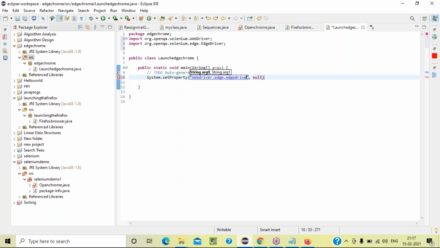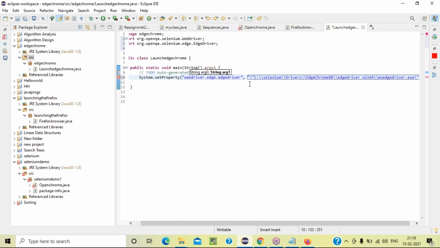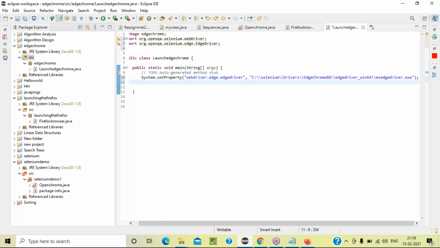W should be small. If you write wrong also, it will throw errors and ask you to change. Not a problem. Give the path in double quotes. Paste it. Remove the extra one. Semicolon at the end. Click enter.